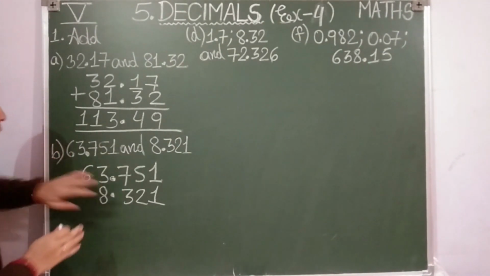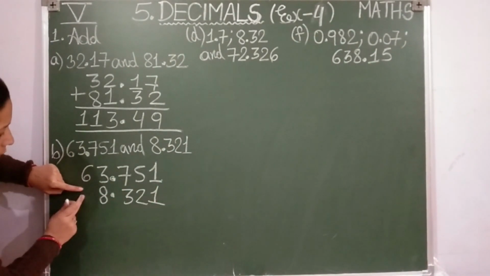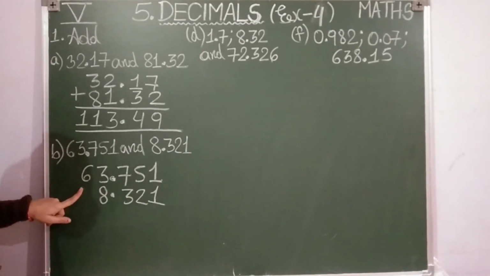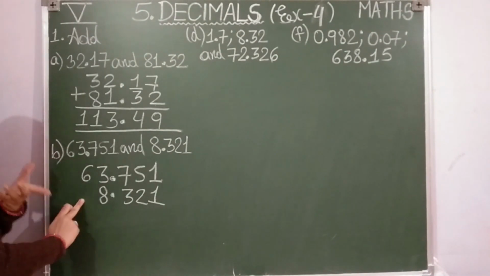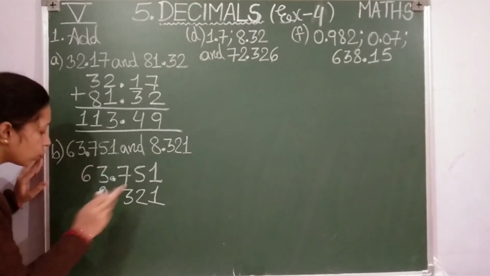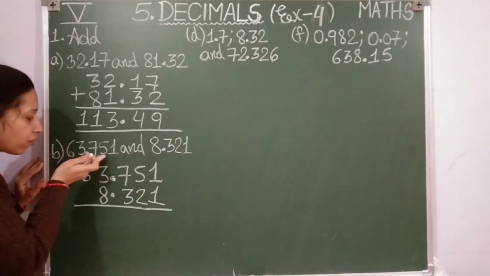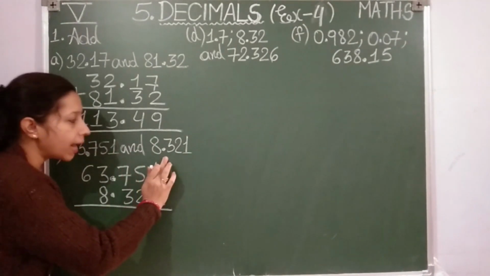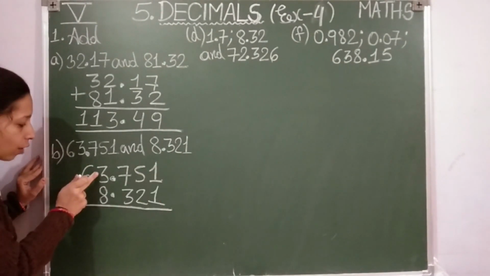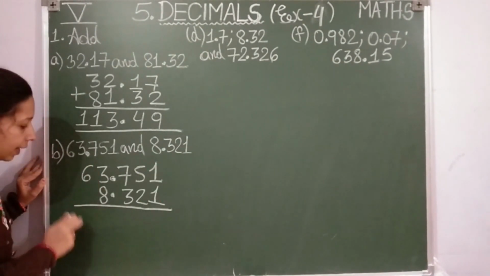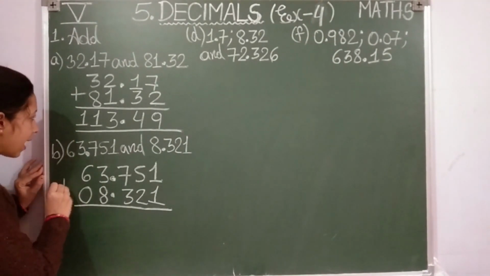And if in case you are not putting this point, then in a hurry you can simply write 8 here below 6, then 8.321, and your answer will surely be wrong. Reason: 8 is in ones place. If you write it below tens place, then obviously your answer is going to be wrong. So that's why, students, while addition or subtraction of decimals, after writing the first number and before writing the other number, first put the point of that number and then place the digits. Now see, ones digit 3 and 8, then for tens nothing is there, so now I will put 0 here, students. Now let us add.